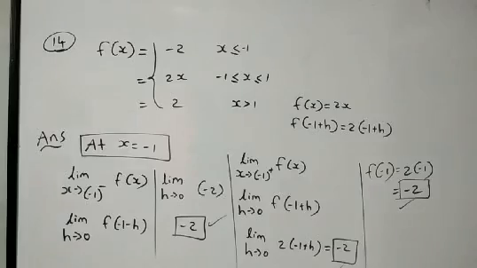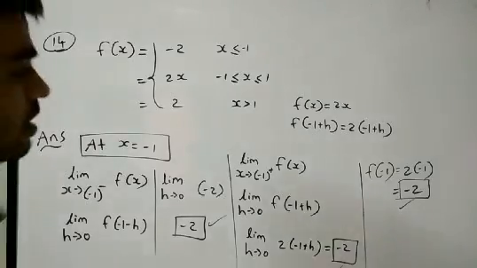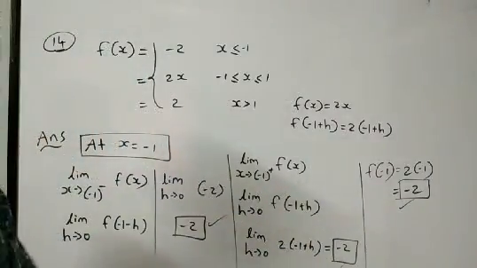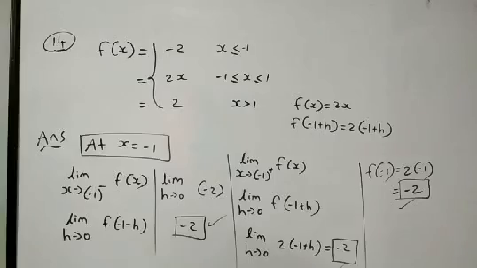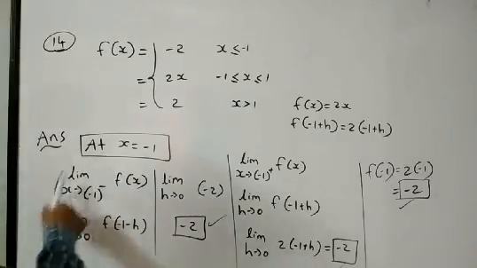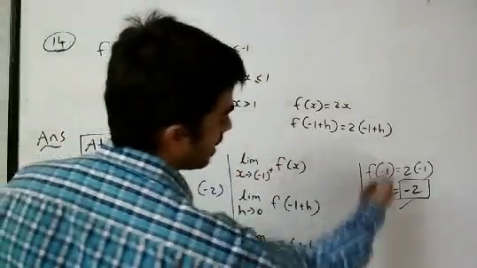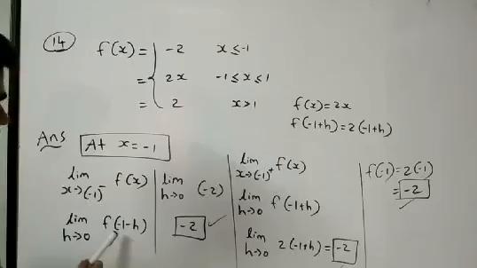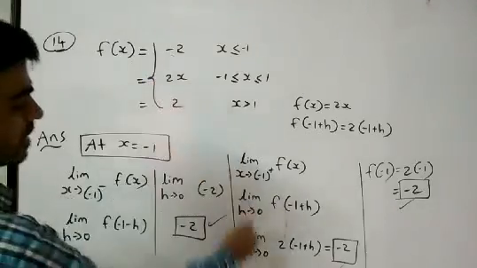लेफ्ट हैंड लिमिट चेक की, राइट हैंड लिमिट चेक की और minus 1 पे चेक किया. सभी सम्स में, जो होमवर्क सम्स हैं, in every sum you have to do the same thing. Left hand limit you have to check, right hand limit you have to check, and at that point you check. But एक कंडीशन आप ध्यान में रखना कि अगर minus 1 नेगेटिव तो minus 2 कैसे लेते हैं,